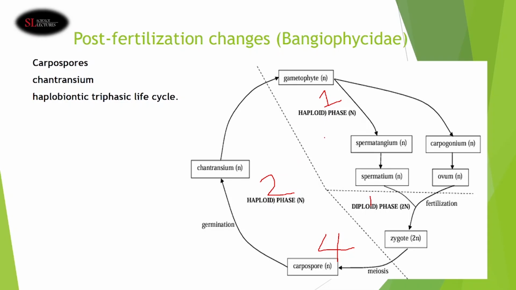Because there are two haploid phases, we call this haplobiontic, but we also have one diploid phase. So in total, bangiophycidae has three phases. So it's called a haplobiontic triphasic life cycle because of the two haploid phases and one diploid phase. Next, I want us to look at